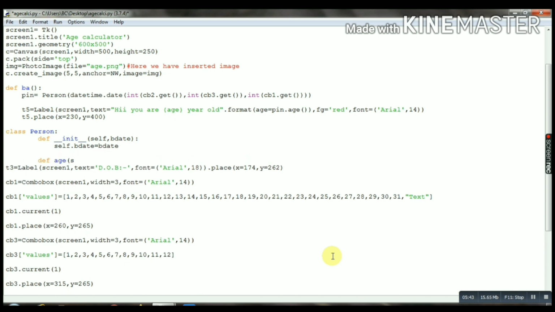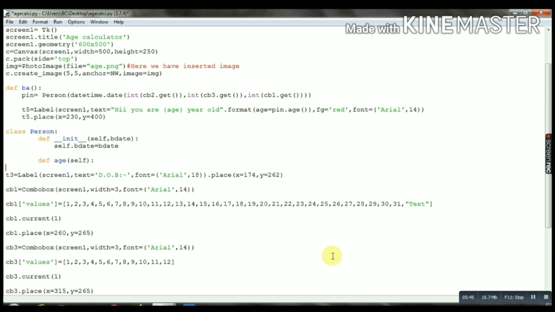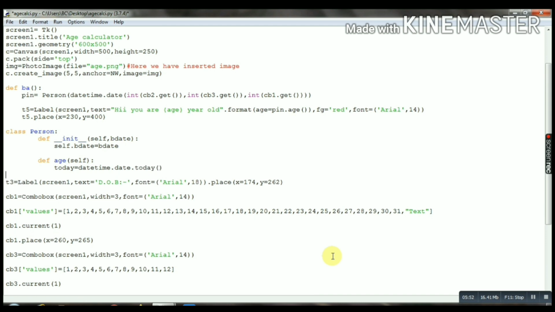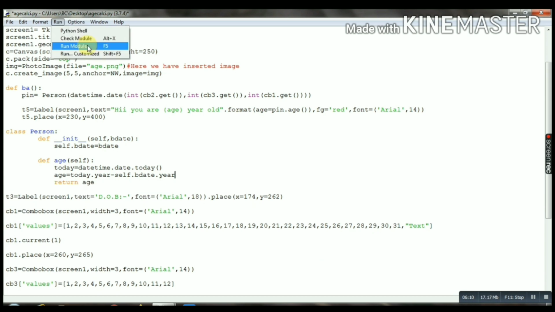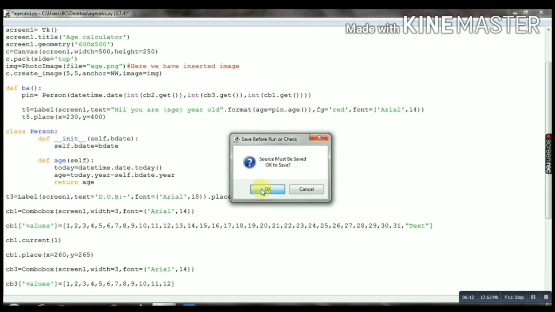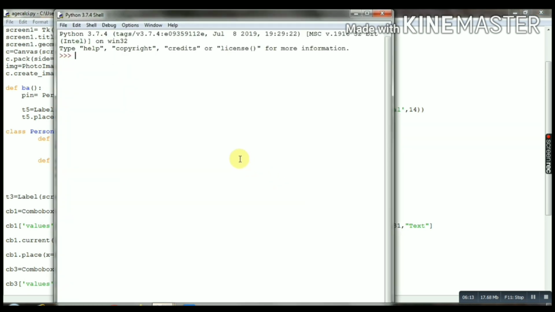Now we will define a function age that gives the age. First we will find out today's date, today, for that we will do datetime.date.today. Now we will subtract the year given by the user from today's year, and return it.